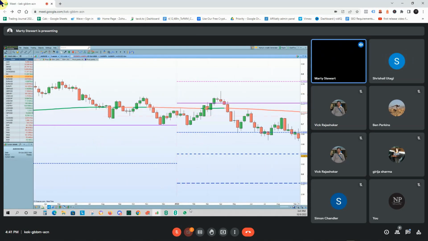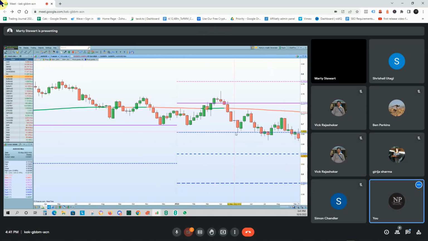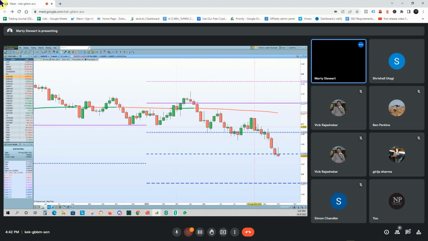Now the study that I just showed you, correct me if I'm wrong, Partha, but that guy was just aiming for a 1-to-1 risk to reward, wasn't he? Yeah, that's correct. So if we were to look at all these candlestick patterns underneath this moving average line on a weekly basis, we could have got this one here. If we weren't too tight with our stop, we would have got a 1-to-1 here. We've got another candlestick pattern here underneath the moving average line. We've got a 1-to-1 here. Done it again here and here.